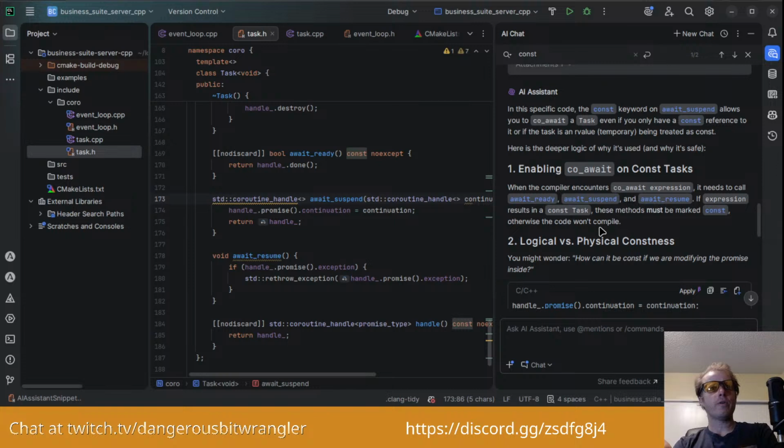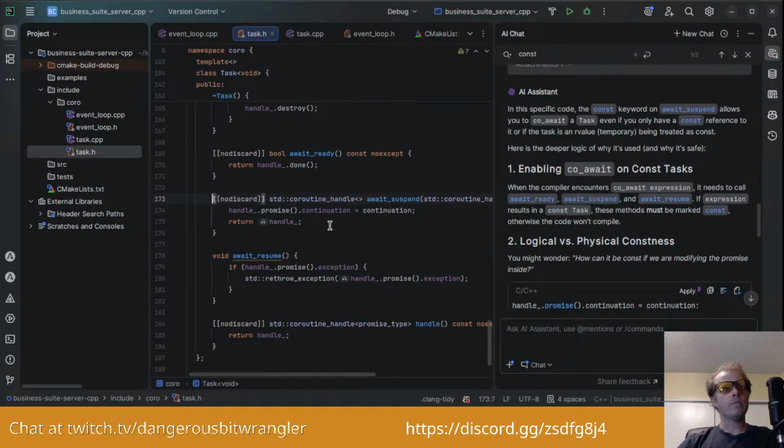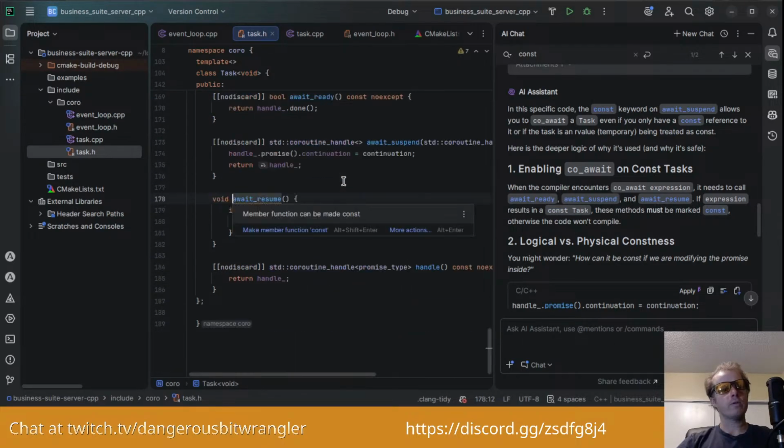Those methods are allowed to be called, and the compiler will compile that code even if you define the task as constant. Okay. All right, so let's just go ahead, mark this as no discard. This one can be const as well.